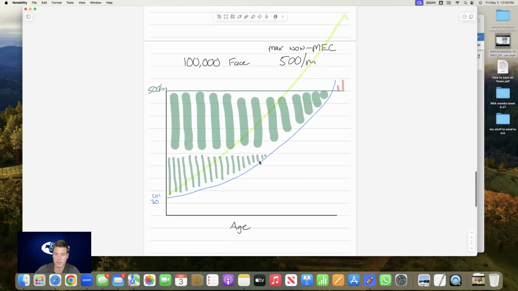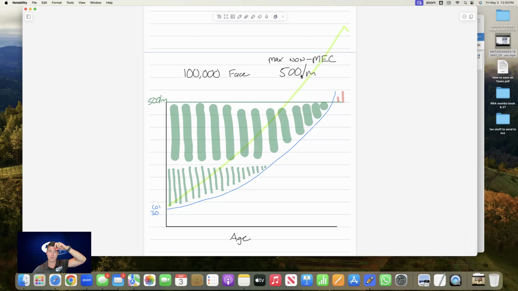Now go down to an example where we're looking at not the minimum, not the target, but the maximum non-MEC premium. Let's just say, for example, it's $500. All I did was take the same line and move it from 100 to 500. This is not a perfect graph or chart, but now we have a lot more time to accumulate in the beginning because the cost of